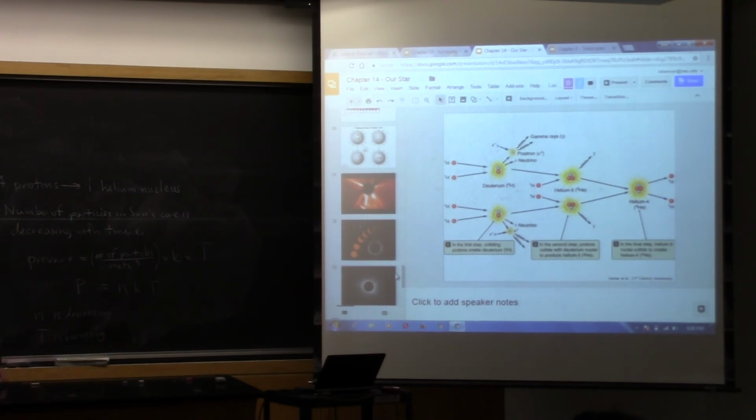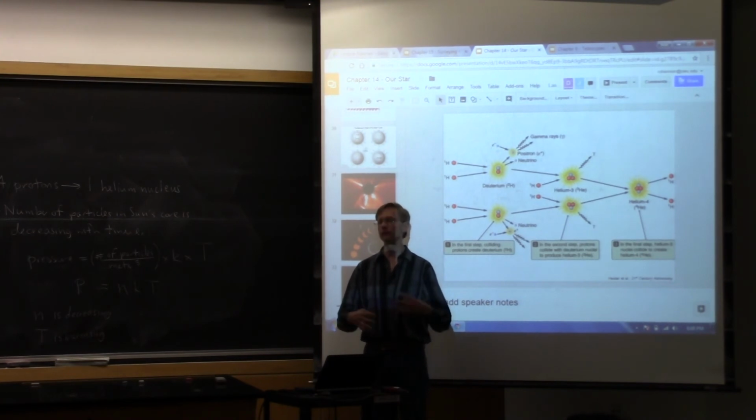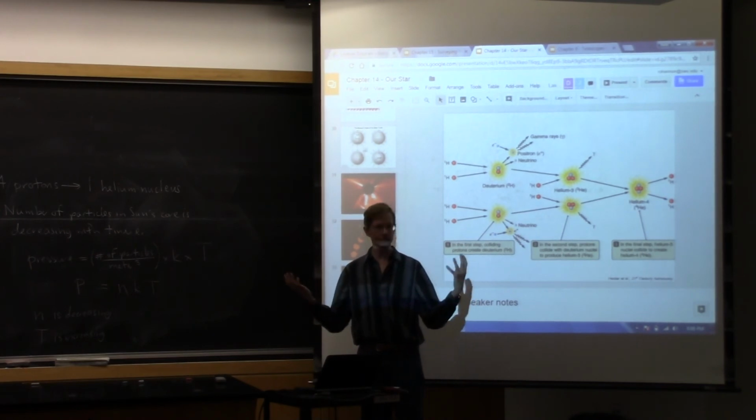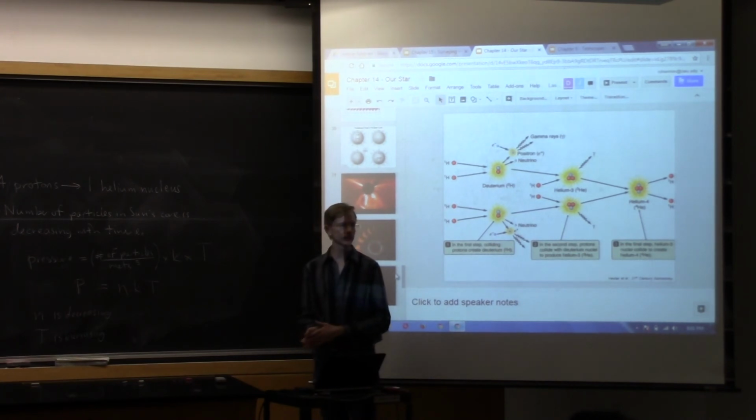And here's the deal. Remember that nuclear fusion requires high temperatures. Things have to be moving fast enough to overcome their electrical repulsion. So if the temperature is increasing, what's that going to do to the rate of the nuclear reactions? It's going to speed it up. So in other words, the slow increase in the sun's core temperature is actually speeding up the nuclear reactions. And by that energy balance, for the sun to be stable, the amount of light it's emitting from its surface has to equal the rate at which it's generating energy in its core. The sun's luminosity has to be increasing with time as a result of that. And in fact,